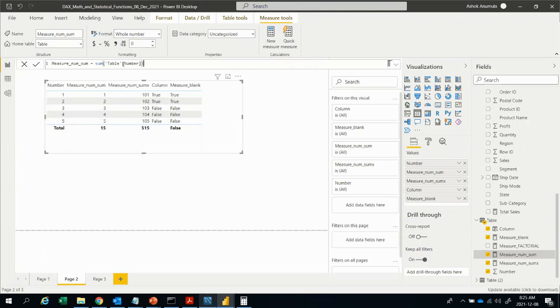Measure num sum means table number means it will take the sum of this column, but it is filtering with 1. That's why you will get 1. Again, it is filtering with 2. That's why you will get 2 here. Okay. So SumX, if you take the SumX measure, you can do some arithmetical operations on the